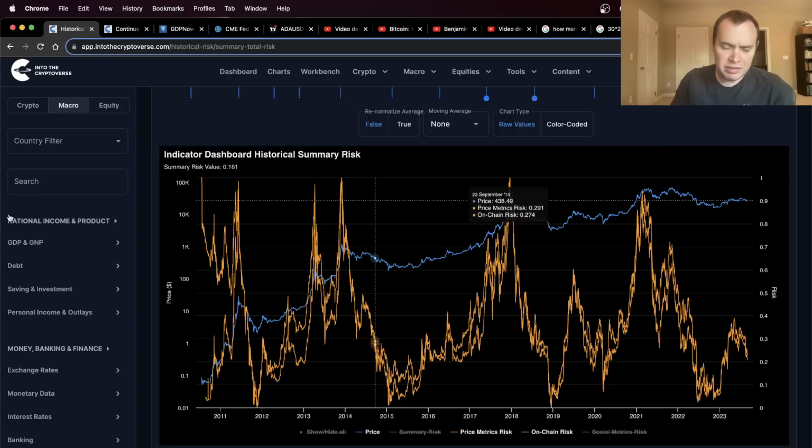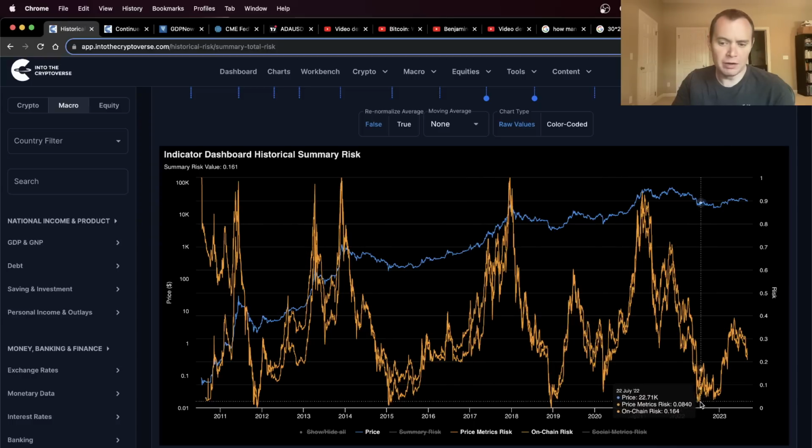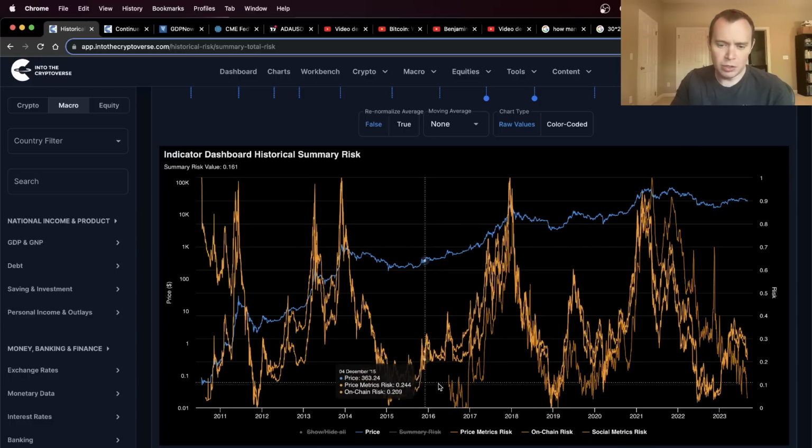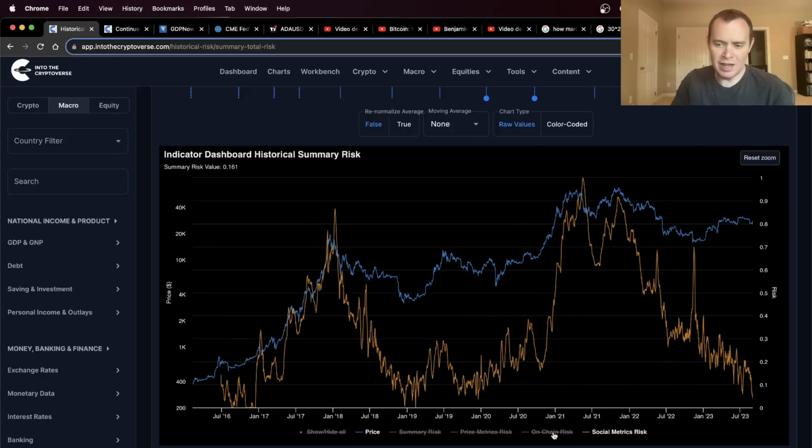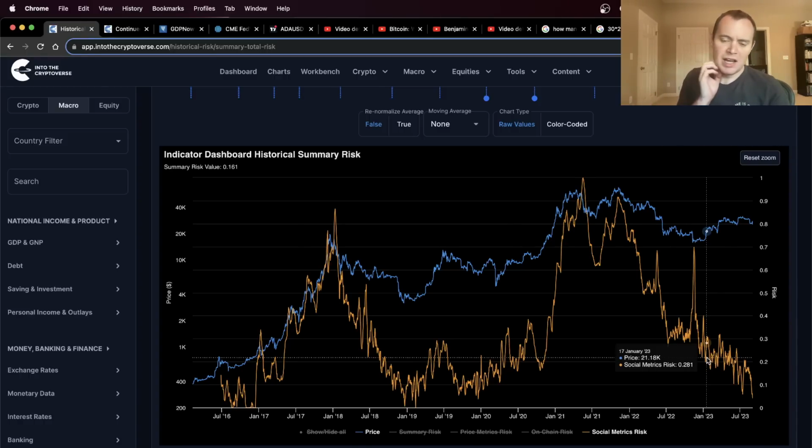So in this case, you can see that the price risk and the on-chain risk went pretty low. They did not go as low as they did last cycle, or the cycle before that, or the cycle before that, but they got pretty close. But what's interesting is that the social risk, which we really only have data for going back to 2016, did not get that low back in December of 2020. There were still a lot of people around. And that is what had really convinced me that investing in the altcoin market was still premature, because there were still so many people in the process of capitulating.